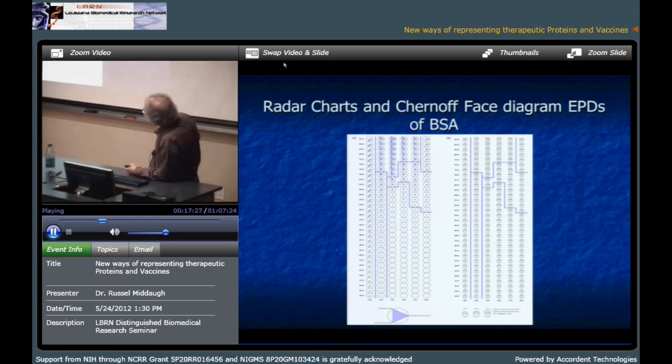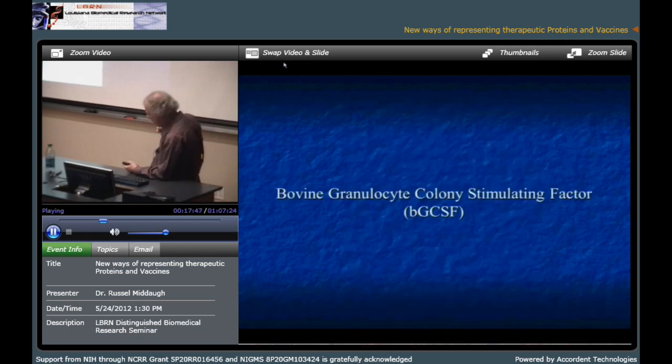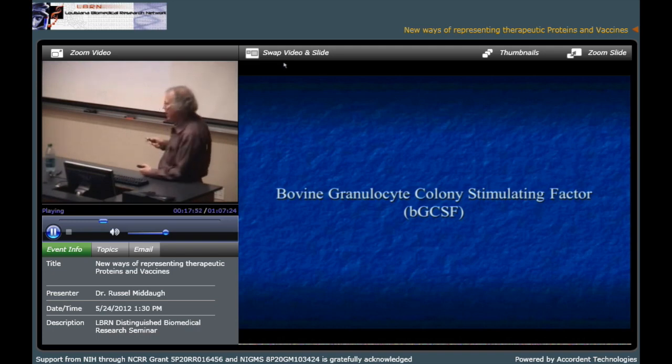So here are the polygons here. You see it's just a point when nothing's changed. So everything's relative to the native state. But then you see, this is only using 3 methods now, so only 3 vertices. Sometimes we use as many as a dozen. It gets a little complicated to look at. And here are the faces right here. I don't think you can see them too well, but I'll show you bigger versions of them, okay? All right, let's get that. So, okay, now I'll come back and show you more of these diagrams later.